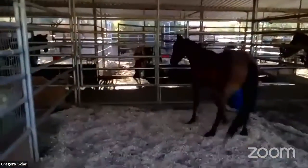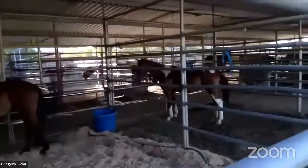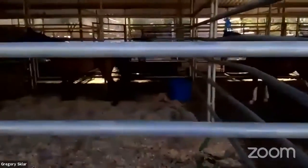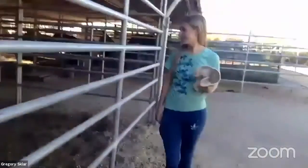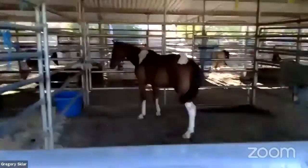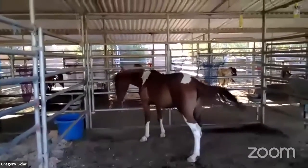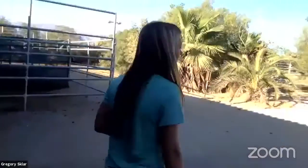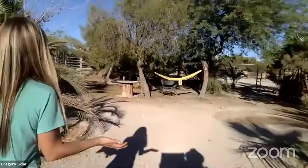Today, he's actually the baby of this one. So that's the baby, and then this one's the mom. Hi, buddy. So, lightning bolt on his face. Lightning bolt face. Come back over here. He's the mom. They both were running wild right outside of Las Vegas, and then they got rounded up, and they had over 200 extra horses on the range. So there wasn't enough food and water, and they were all looking really sad. So they rounded up 200 of them, and they brought them to the holding pens, and then people adopted them from there. And they ended up